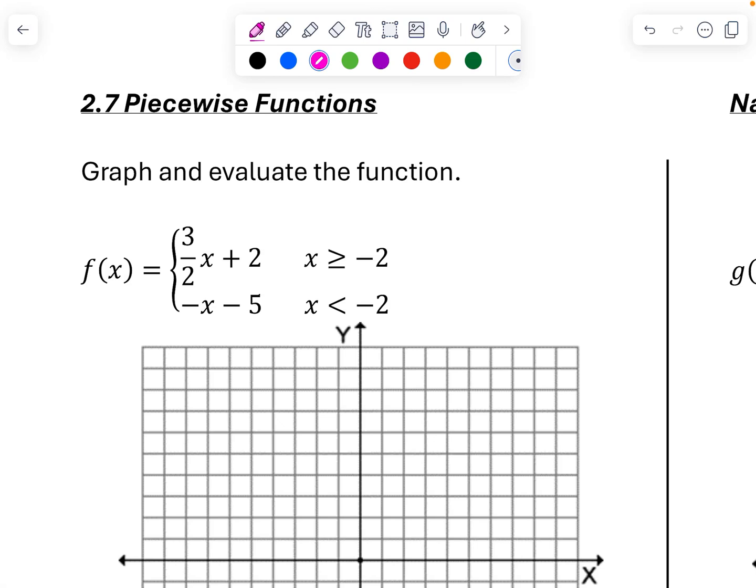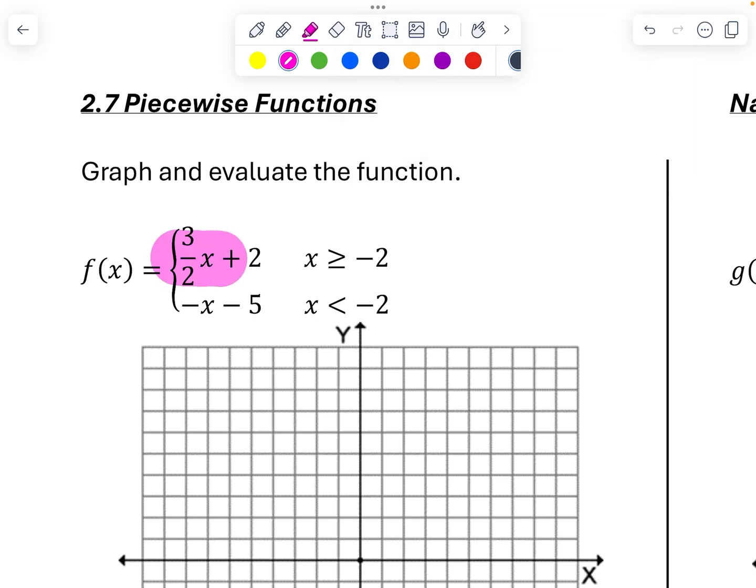Good morning, friends. This video is going to be on how to graph and evaluate piecewise functions. Piecewise functions are various different functions that are all hooked together, and we're only using pieces of them. So for instance, one of my piecewise functions that I have here is a piecewise function of the